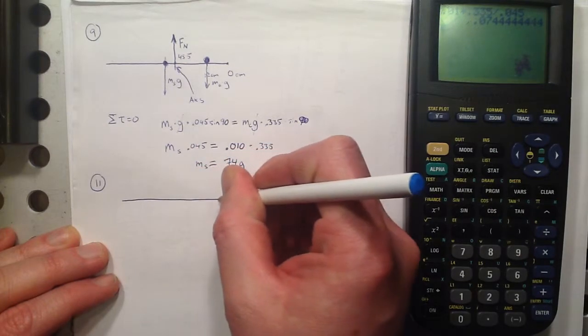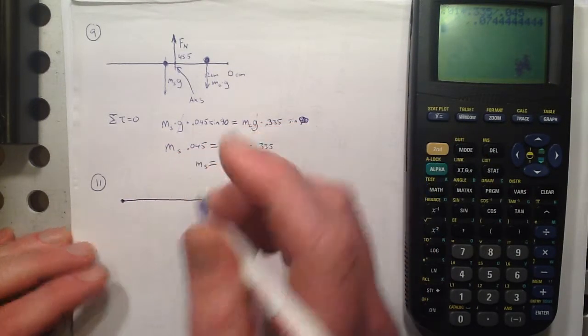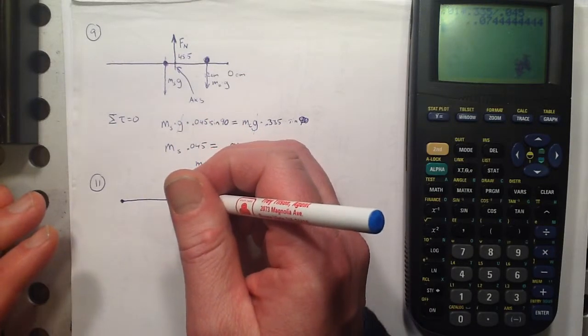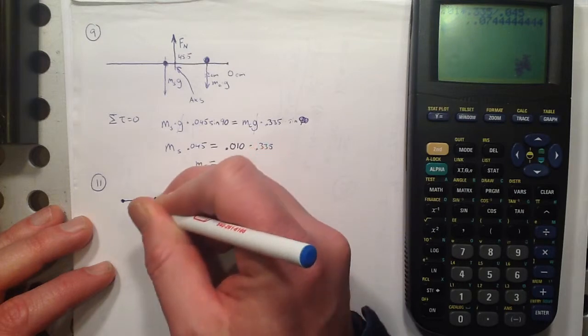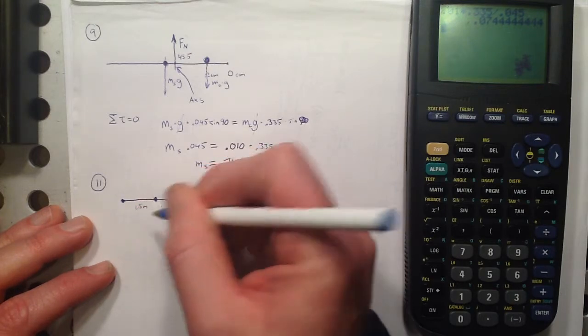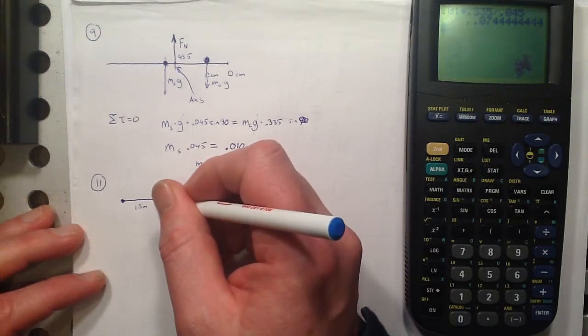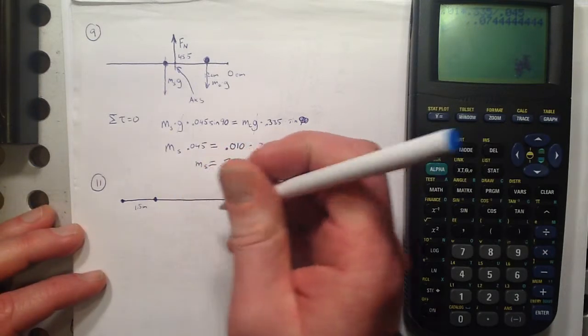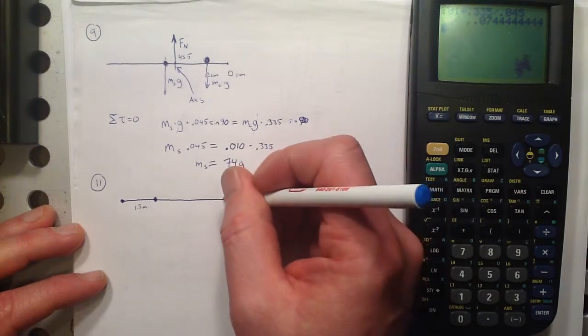Make a diagram of the diving board here. I've got one pedestal attached here, and there's a force there. I don't know whether it's up or down, so I'm going to wait on that. And then there's another one here that's 1.5 meters away. Again, it's attached. It could be up or down because it's attached, right? Could be holding it down, could be holding it up. Don't know. And then the diver here,